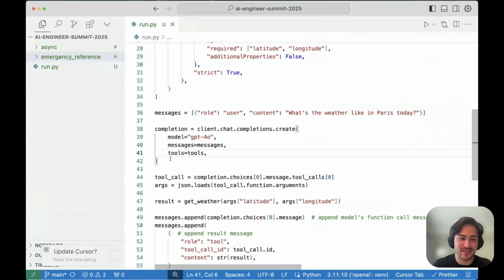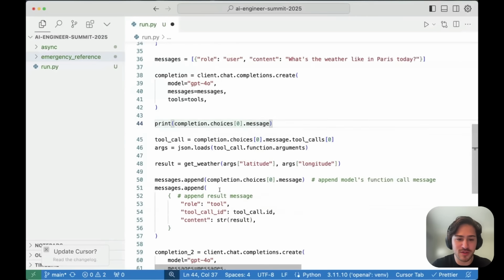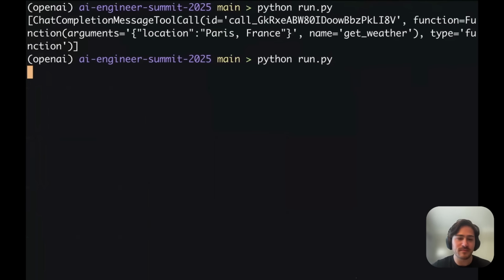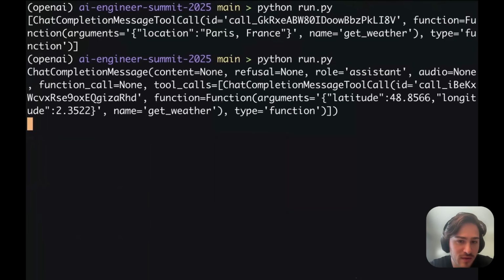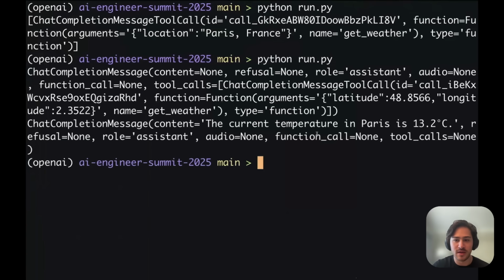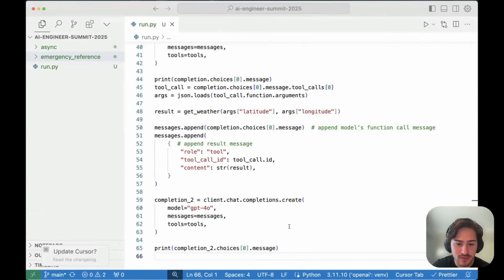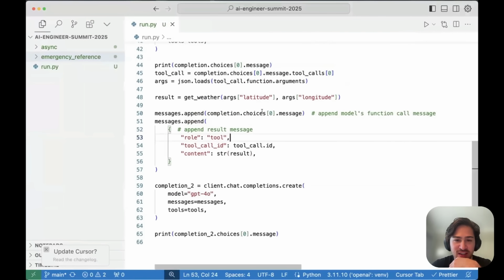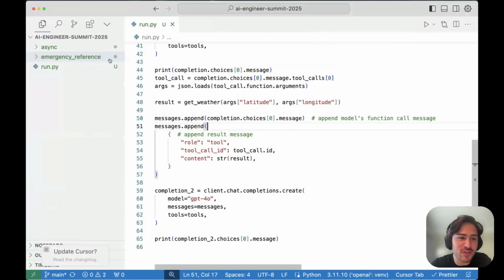Why not? Yeah, so I'll print the completion here, sort it by hand, and then print the last completion. Then what we can see is we'll get the first one that includes the tool call. It'll call the actual temperature, call the weather API, and then we'll get a response. And then it says the current temperature in Paris is something. I can't see it because of Zoom. Cool. So this is the very, very basic setup for function calling.